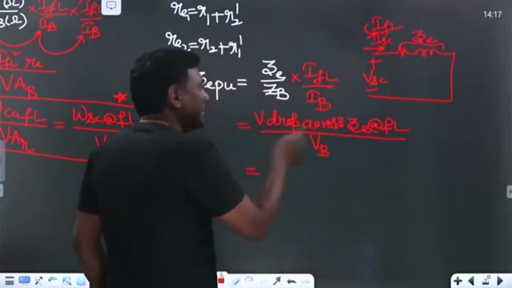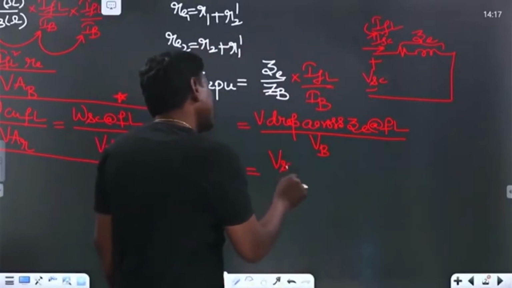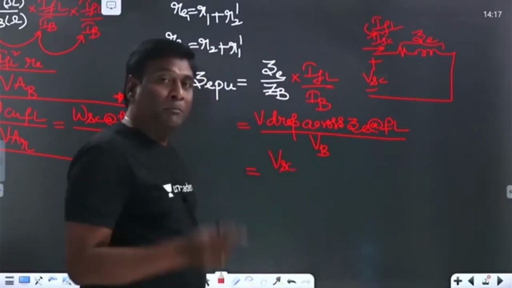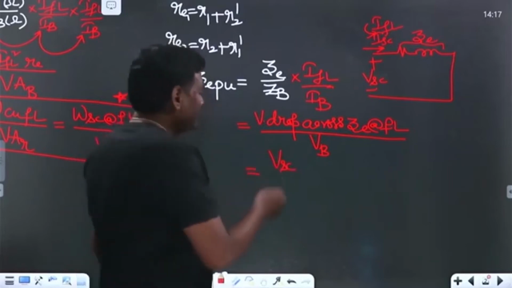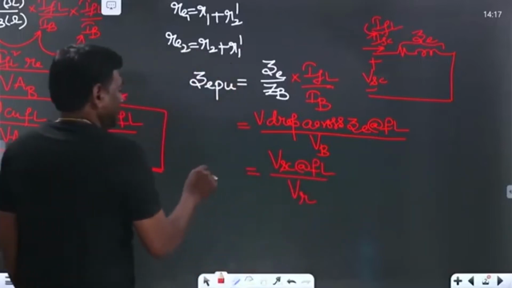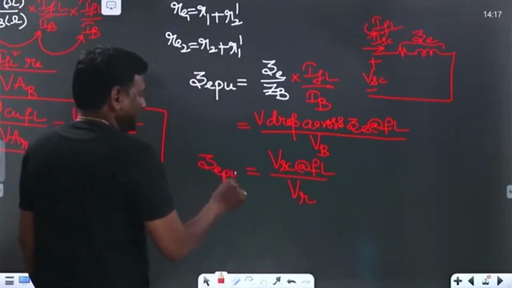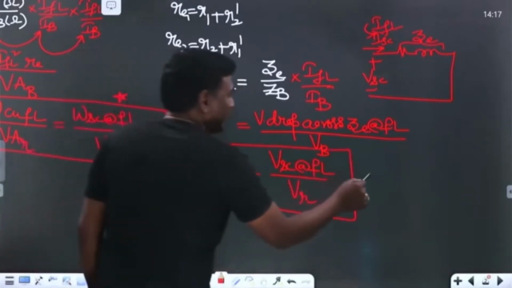So the voltage drop across ZE at full load is nothing but the voltmeter reading at short circuit condition, but that particular short circuit test should have been conducted at full load, divided by V rated. This is ZE per unit. We derived this equation,